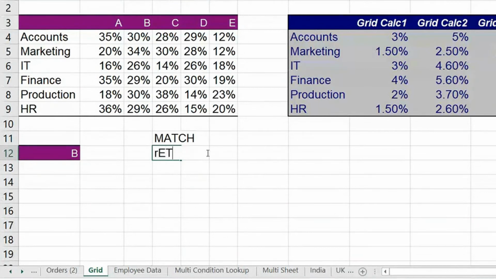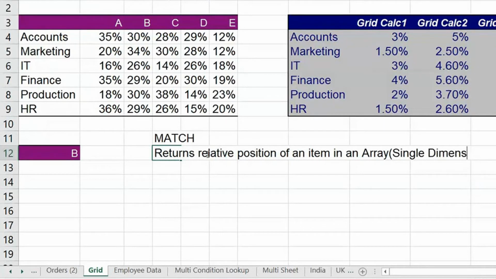Returns the relative position of an item in an array. That is the definition of MATCH, on a single-dimension array. I'll try to explain. Give me 2 minutes. That means if I ask MATCH, hey MATCH, tell me where is B in A to